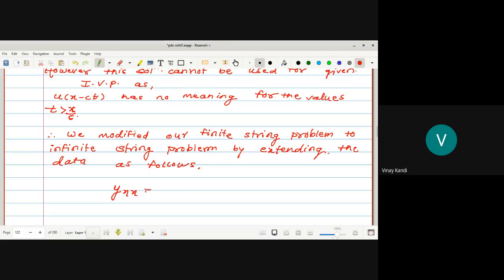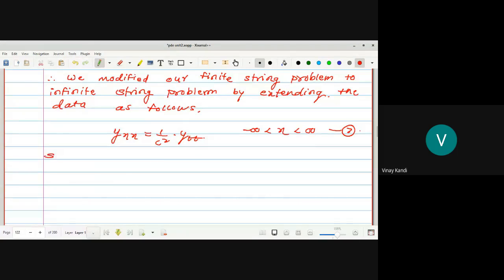Okay, now y double x is equal to 1 upon c square into y double t, where x runs from minus infinity to plus infinity. Give it as equation number 7, subject to the initial condition: y of x, 0 is equal to capital U of x. Give it equation number 8, and y t of x, 0